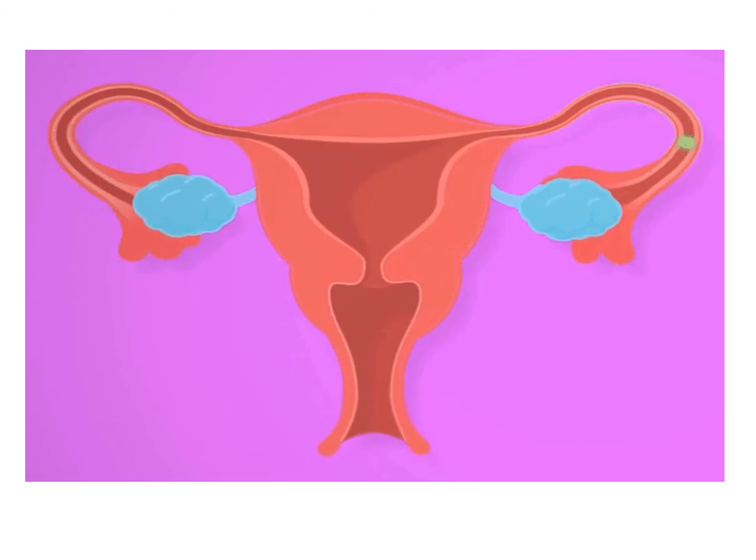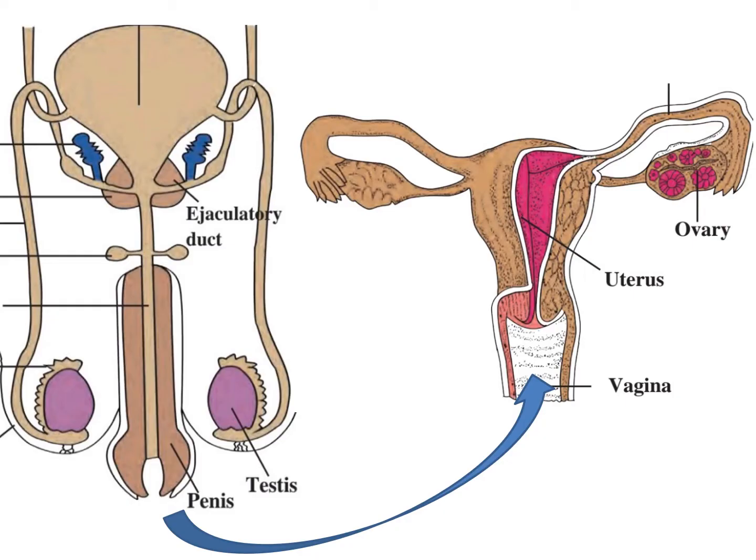There are cilia, or hair-like structures, present on the inner surface of the oviduct, and these cilia push the oocyte towards the uterus. Semen is ejaculated in the vagina during copulation, and